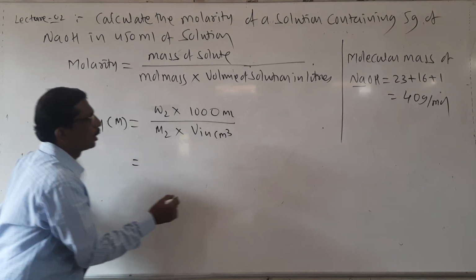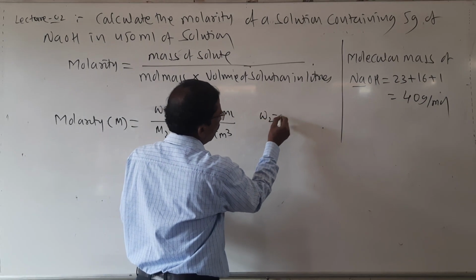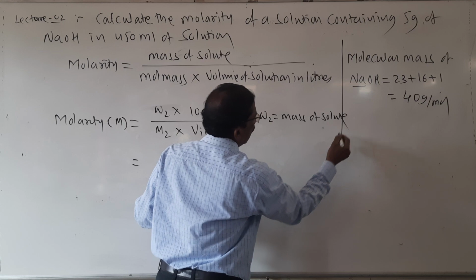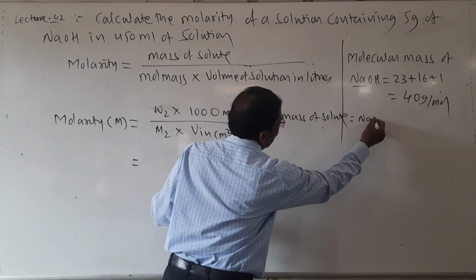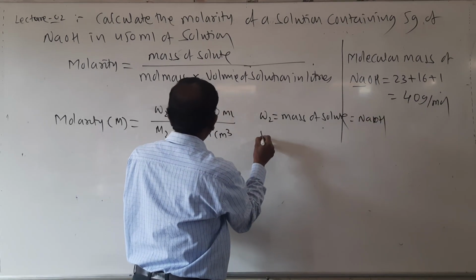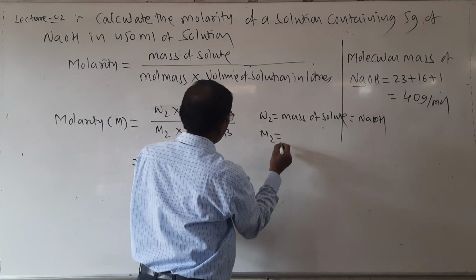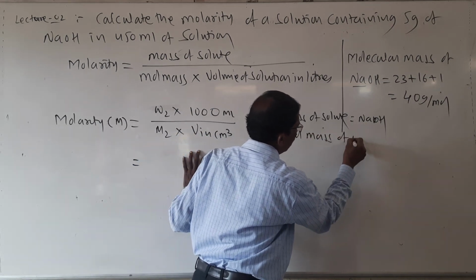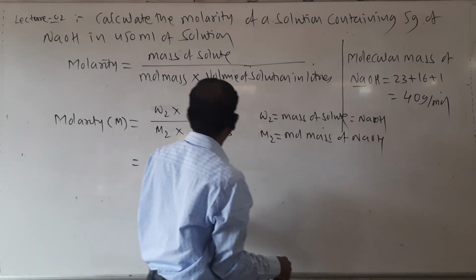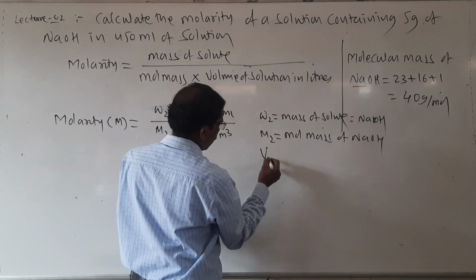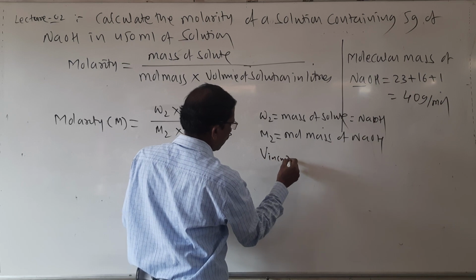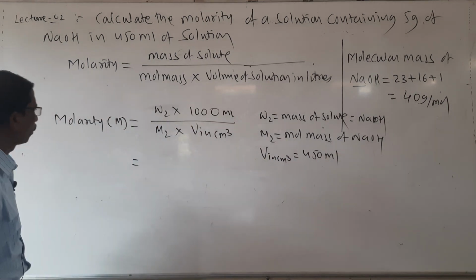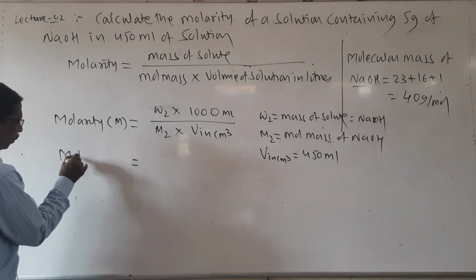So we know that W2 is equal to the mass of solute, which is NaOH, and M2 is the molar mass of NaOH, and volume V in cm cube is equal to 450 ml. Substitute all these values. So molarity is equal to